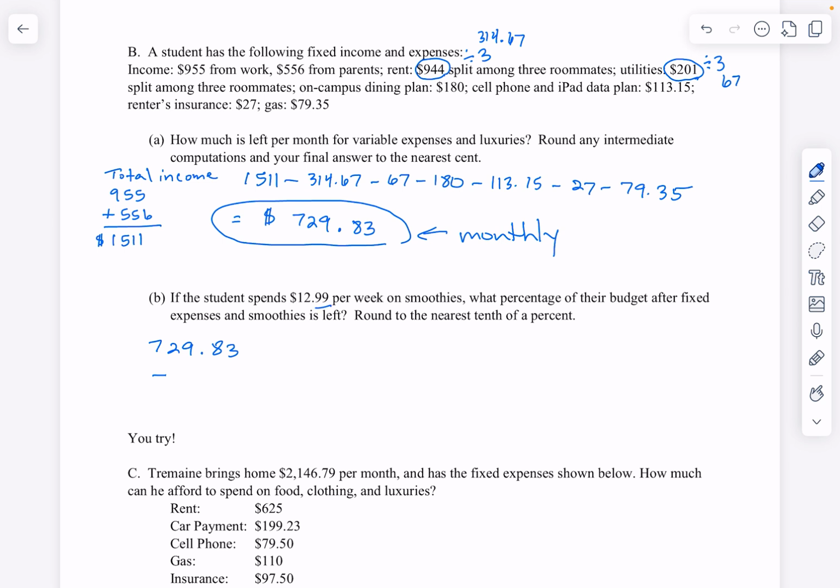So what should this number be multiplied by if it needs to be how many times this happens in a month? Remember we said that there is on average 4 weeks in a month. So you're going to multiply that and you're going to get 51.96. So you're going to subtract 51.96. And when you do that, you get